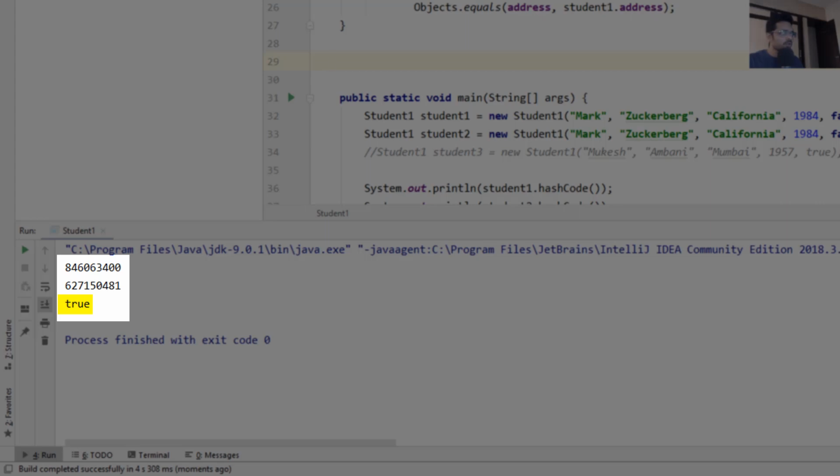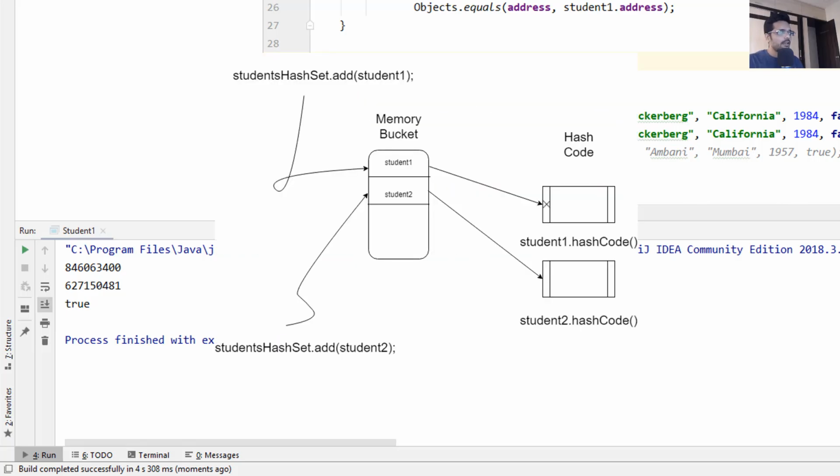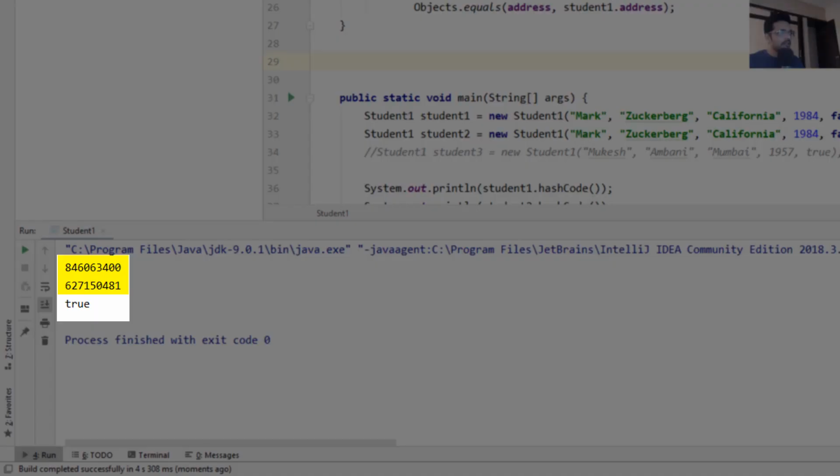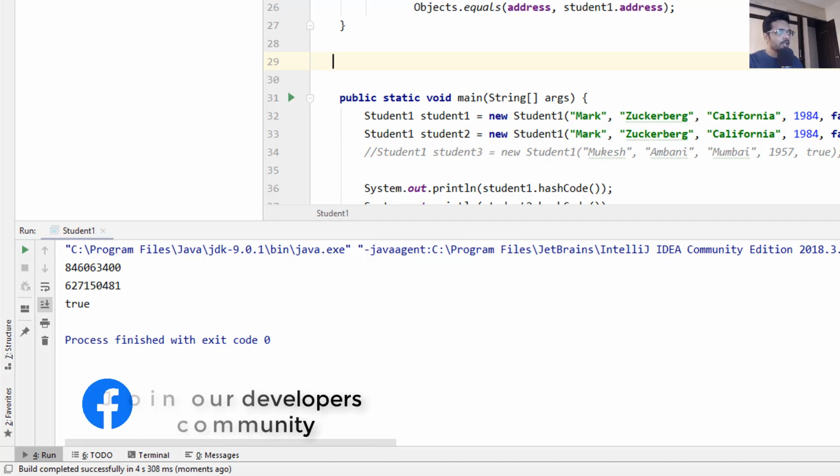Here we are still getting true, since we are not dealing with a collection like HashMap or HashSet, the ones which use a hashing mechanism. But the difference here is the hash codes shown are different. So let's now include a HashSet and include all the students in the HashSet.